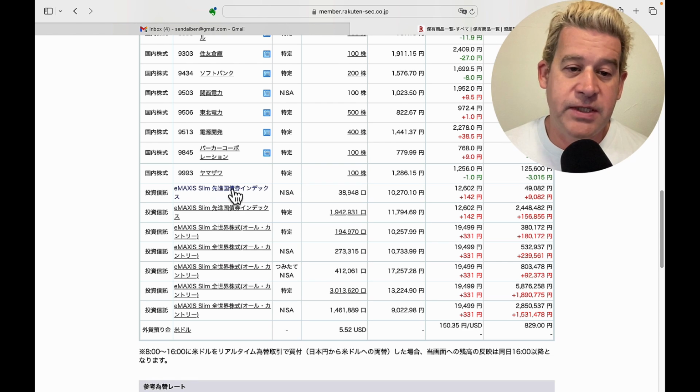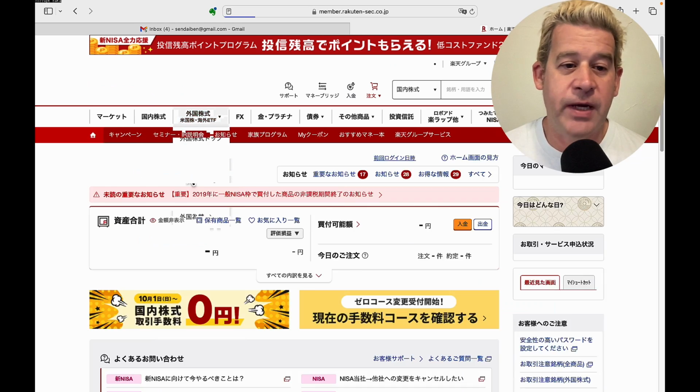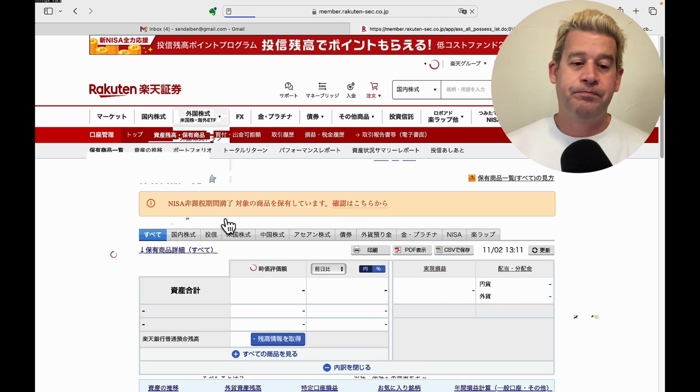For example, this bond fund: if we click on it, it just takes us to the information page, and on the information page we have the purchase buttons, but we don't have sale buttons, and that's a little bit confusing. So if we just go back to that page,